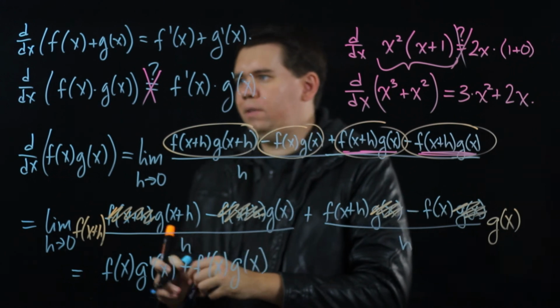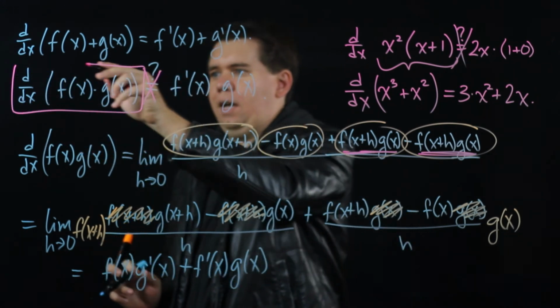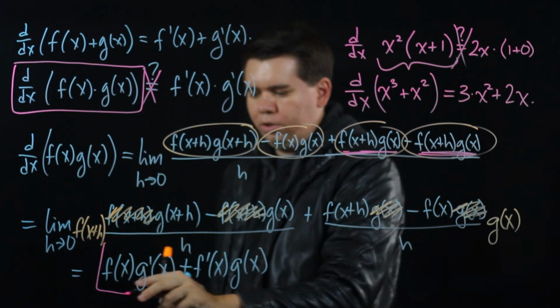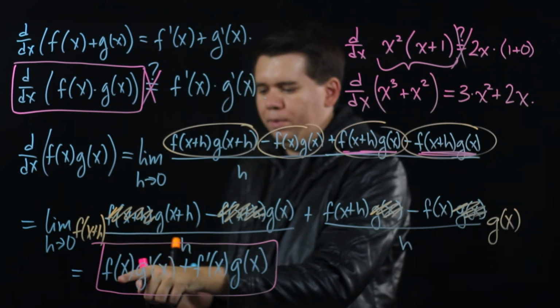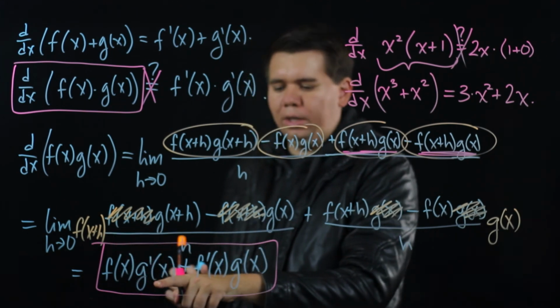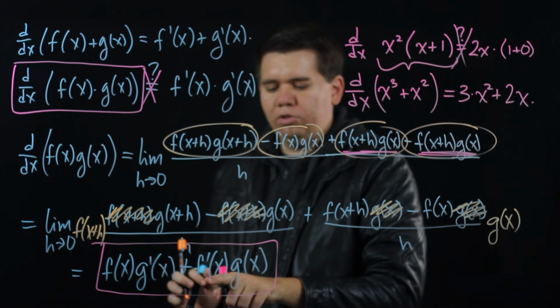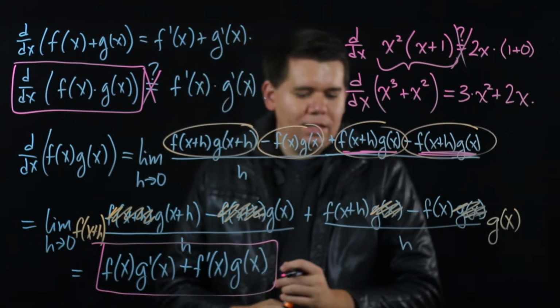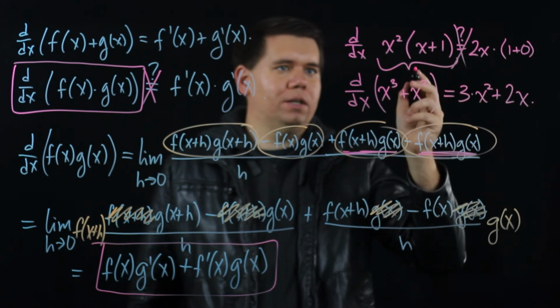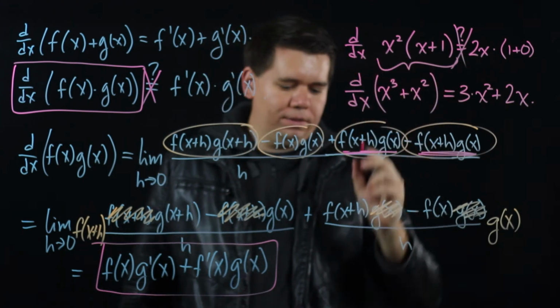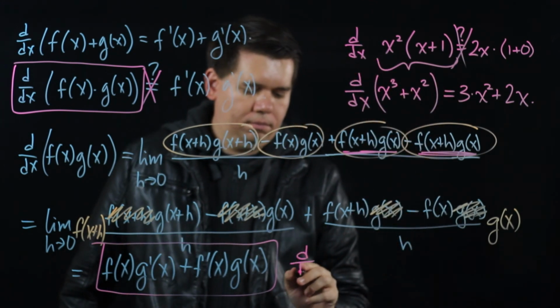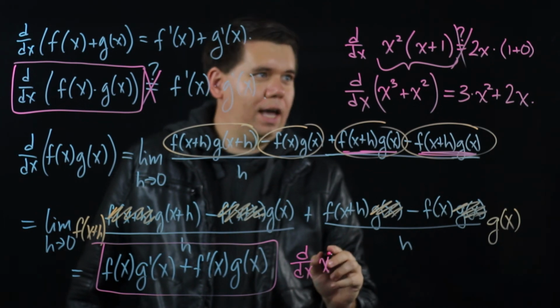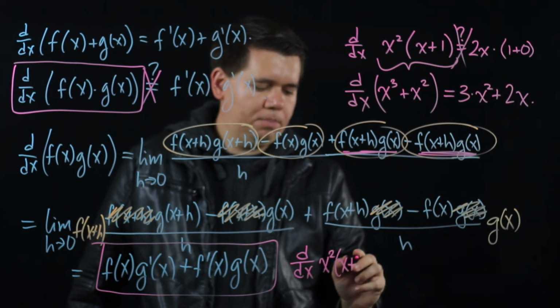If I want to take the derivative of f of x times g of x, I need to leave the f the same, times the derivative of g, plus take the derivative of f and times it by g. Let's think about how that would work out with this function. If I'm trying to find the derivative of x squared times x plus 1,